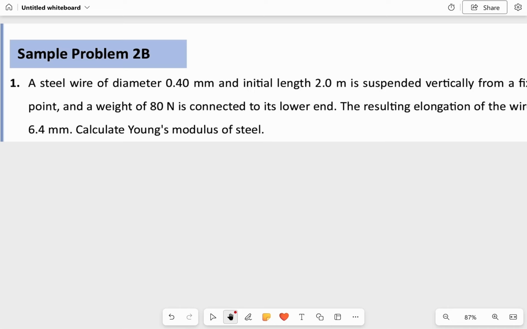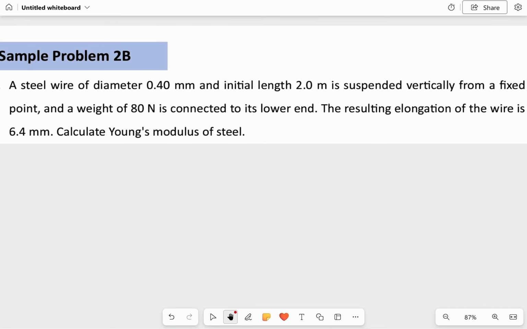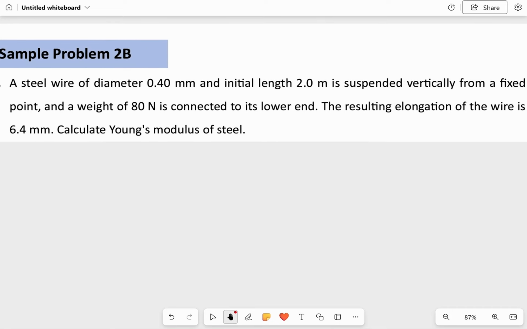We have sample problem 2b. In the previous lesson, we talked about stress, strain, and Young's modulus. In these problems, we are going to use this equation and calculate each of the problems that you have. Okay, now look, it says